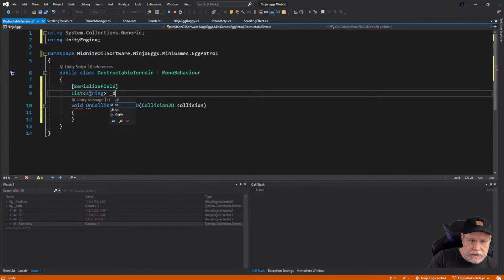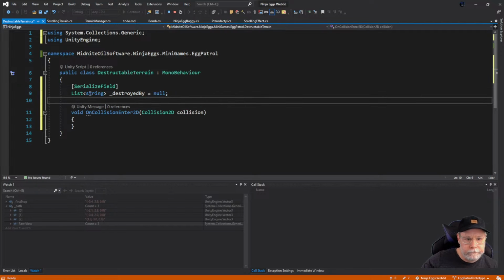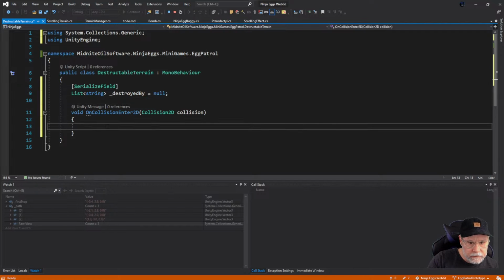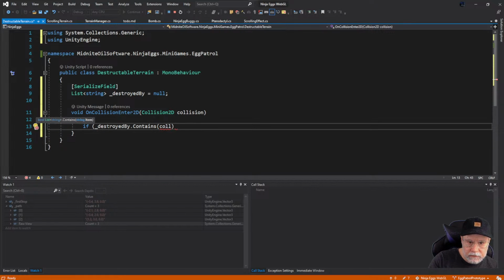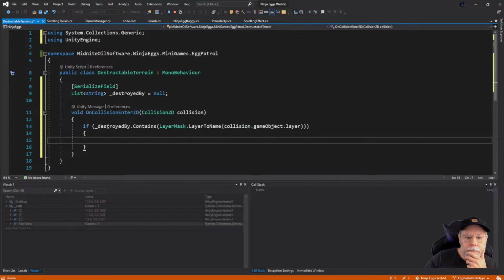I'm going to create a list of strings, destroyed by. If my list contains, oops, so if the thing that collided with us is something that can destroy us,